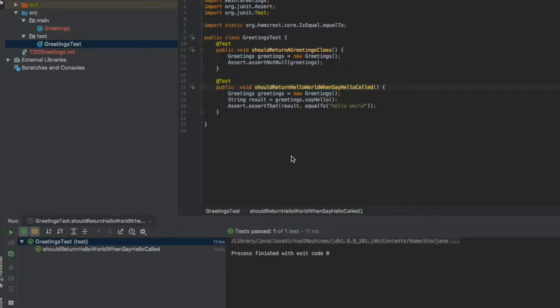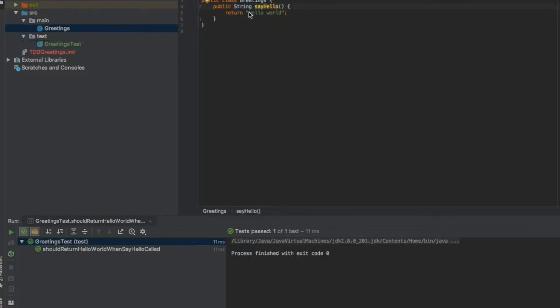Okay, so we're going to do a bit of a quick refactoring. Now, the good thing about refactoring is that we've got a suite of tests, i.e. it's only 2 tests at the minute, but that's not the problem. But we will need to ensure that as we make changes, we don't break a test. So what we're going to do is go into the sayHello method, and we're just going to refactor out this